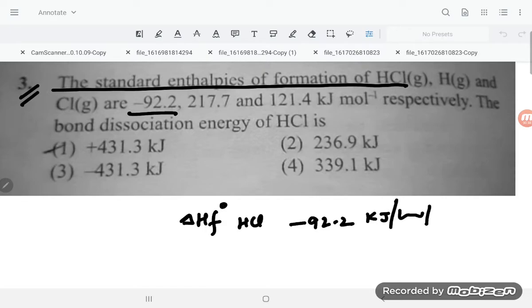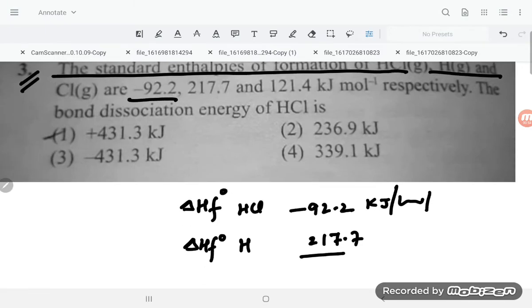Next, they are saying that the enthalpy of atomization of hydrogen is given, that is here H in atomic form, and how much is given, students? That is 217. This is too much, very high. Why is it very high? Because it is having a stable configuration, that is why, you must be knowing from the hydrogen chapter.